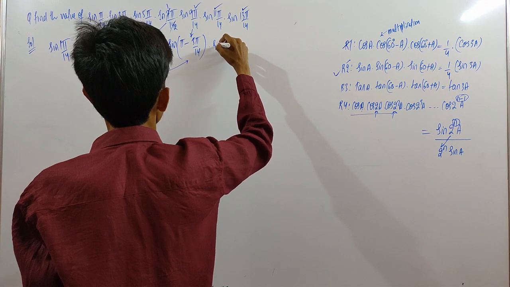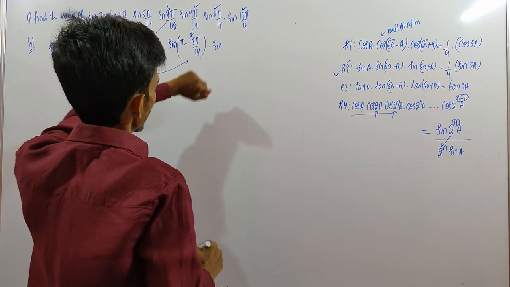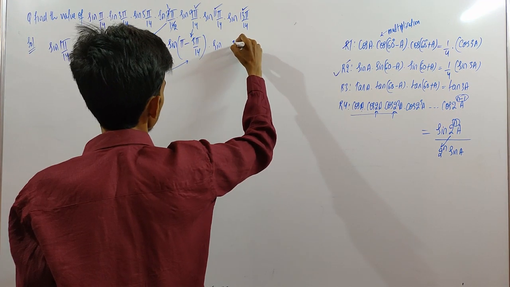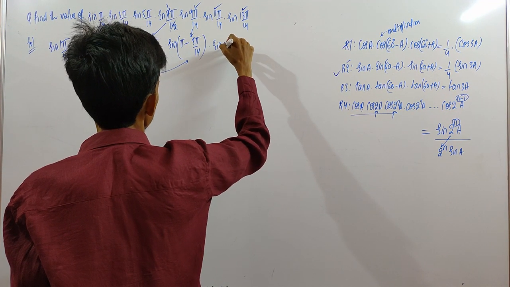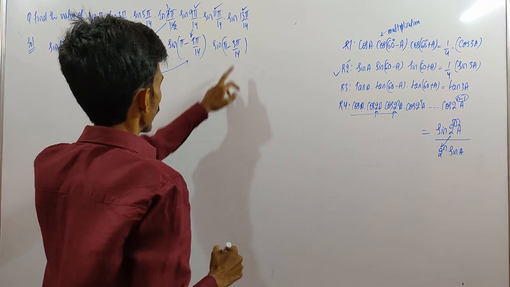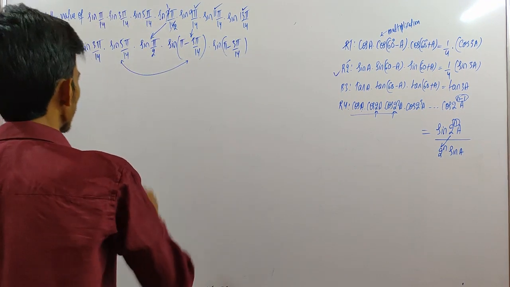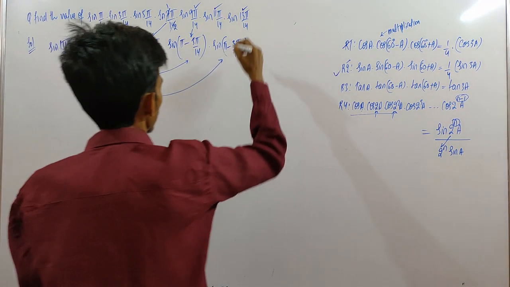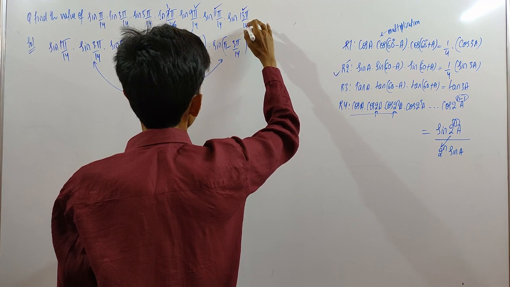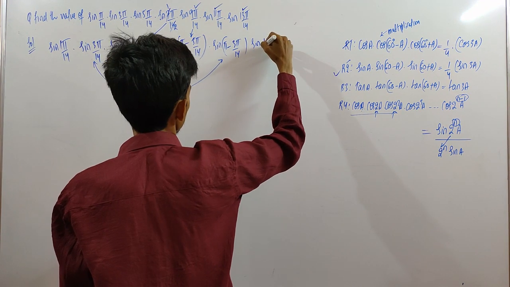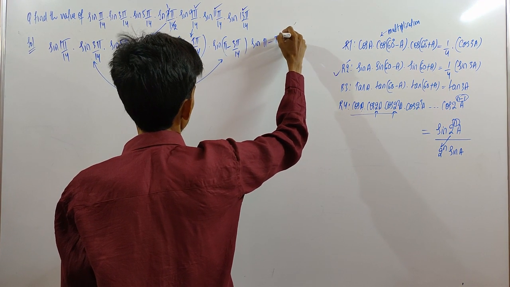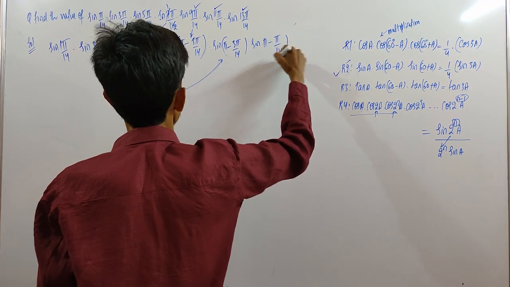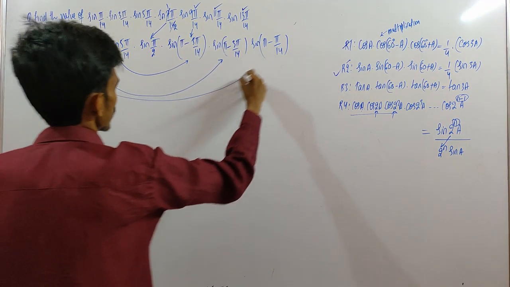Similarly, write down this sine. This can be written as 14 minus this. So it will become 3. 3 pi by 14. Here we have pi minus. So 14 minus 3 we have 11. This term and this term are similar. Last one sine, 14 minus 1 we have 13. So it will become pi minus pi divided by 14. This term and this term are similar.